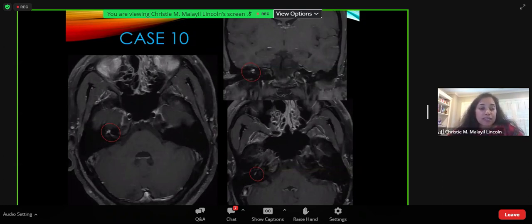So I put a circle around the finding because it's very subtle. So the MR images here, they're all post-contrast. You can see that there is enhancement in the distal intracanalicular, first genu, and labyrinthine portions. So those are the areas of enhancement that's not normal when you see intracanalicular and labyrinthine segments. So it's very important to follow the facial nerve, because this is what's enhancing on this patient, is the right facial nerve. You need to follow the facial nerve through its entire course to make sure that there is no spread of tumor